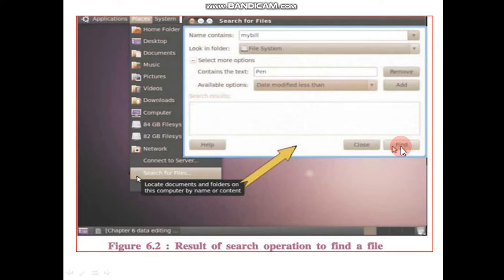If you use Windows 7, go to the Start menu, then below there is a Find button. Click on the Find or Search button, type your file name and click on Search or Find. Then the result of the search operation to find the file is available.